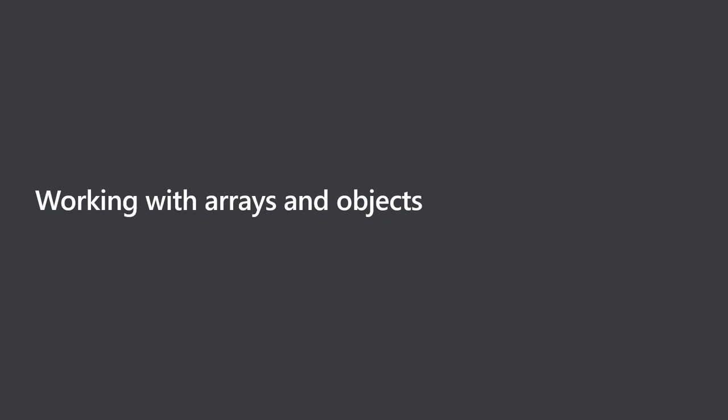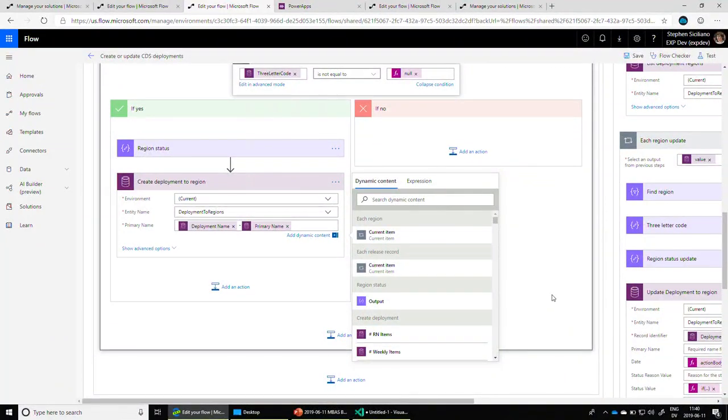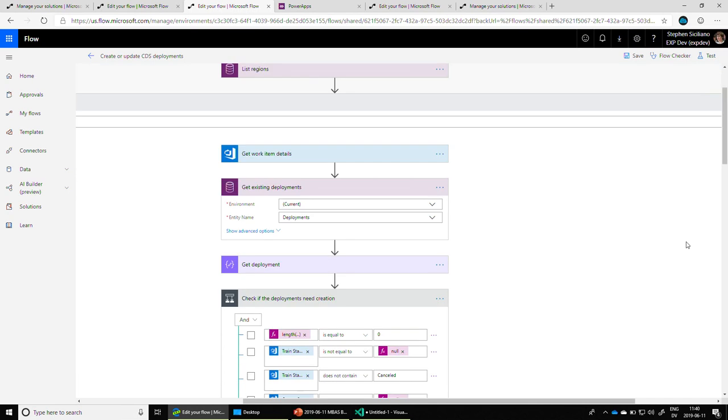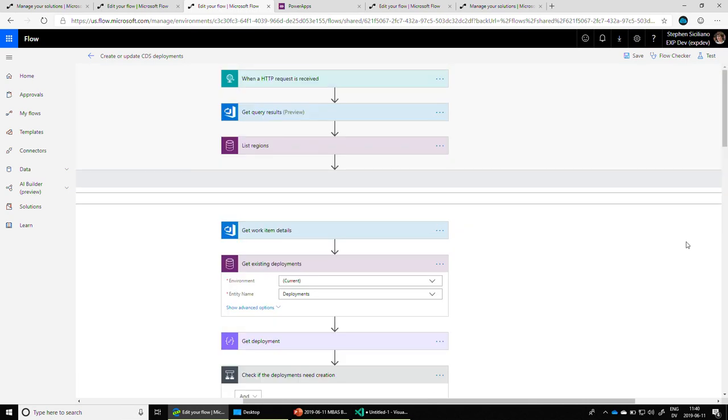Okay, so we can switch back and take a look at some examples of these. Inside this flow, what's actually happening is we store a bunch of our release information in Azure DevOps. So that's where a bunch of it is. And what we do then is we take that release information and we put it in the common data service so that way the PMs on the team and the doc writers can work on those release notes for that